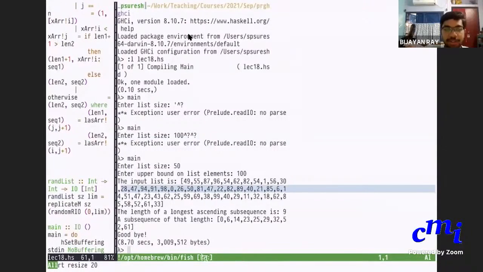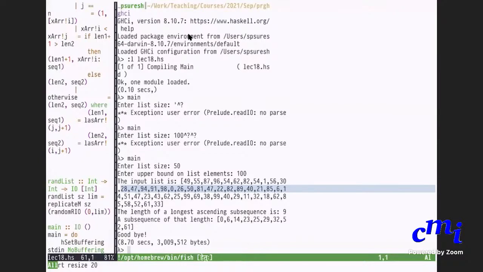Why did it take 58 and 61? Yeah, it could have taken 58 and 61. I think it depends on the order in which you write your cases. No, 52 is smaller than 58, right?